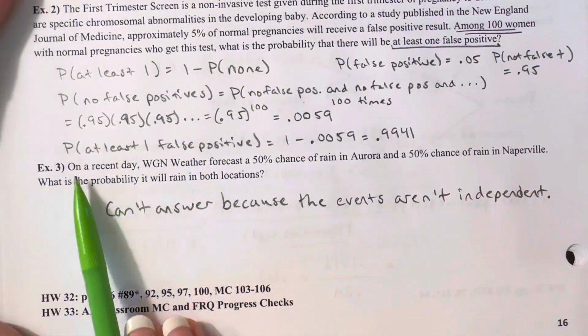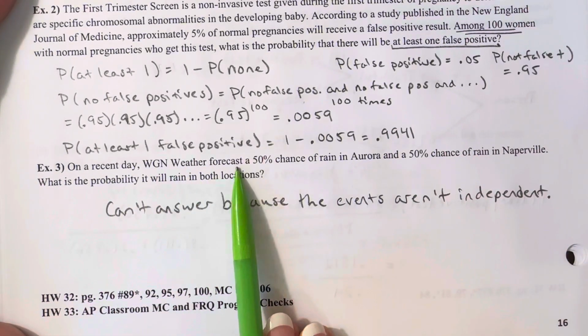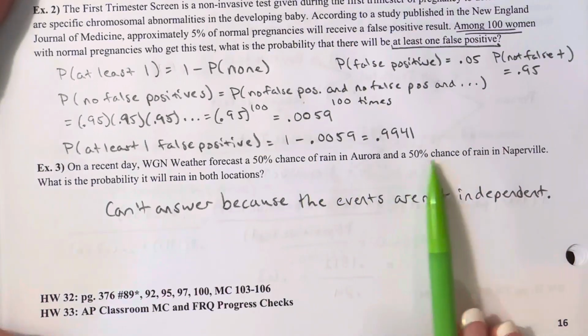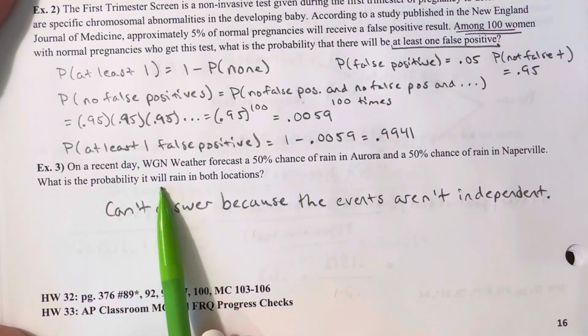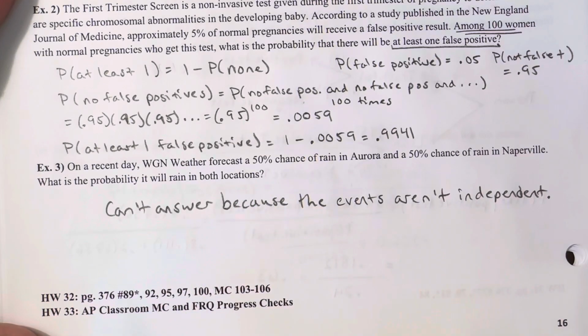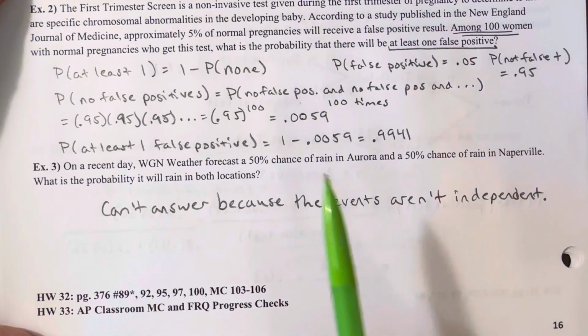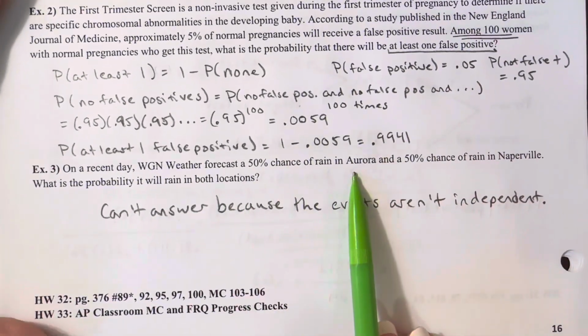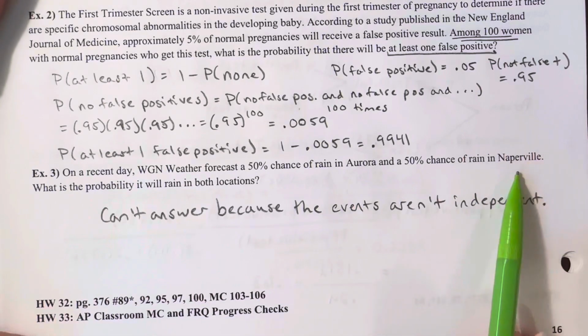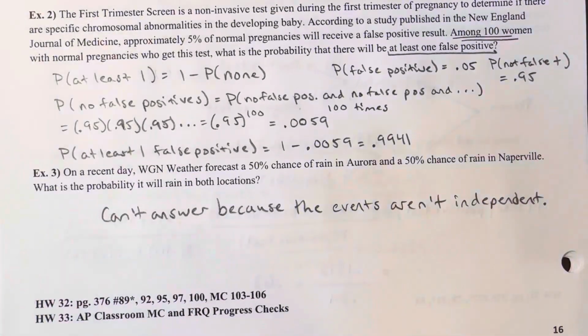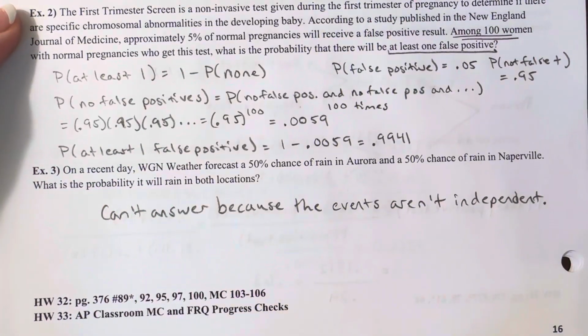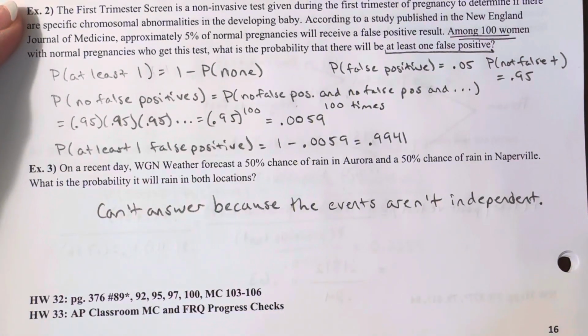And for our final example, on a recent day, WGN Weather forecast a 50% chance of rain in Aurora and a 50% chance of rain in Naperville. What is the probability that it will rain in both locations? We actually cannot answer this question because the events are not independent. The chance of rain in Aurora affects the likelihood of rain in Naperville, and vice versa, because they're in the same sort of geographic location, so weather sweeps through them in a related manner. So that is not a probability that we can calculate. We don't have the